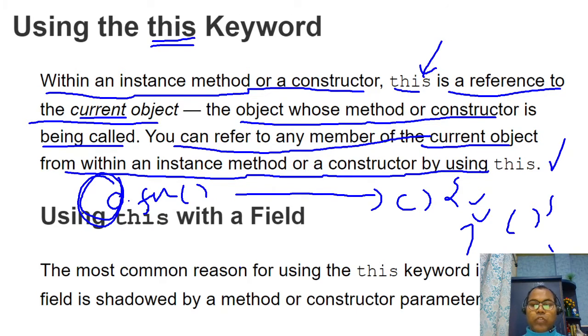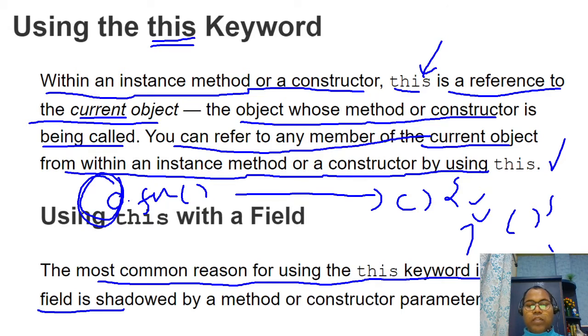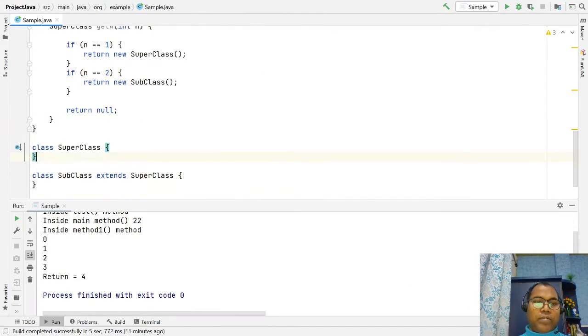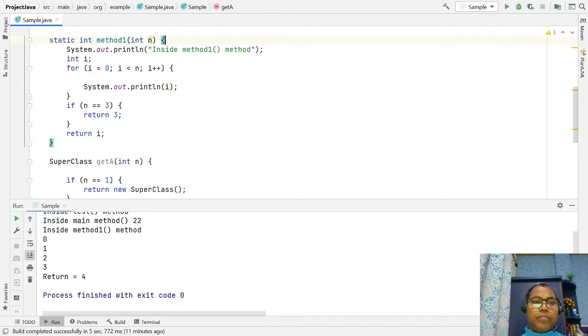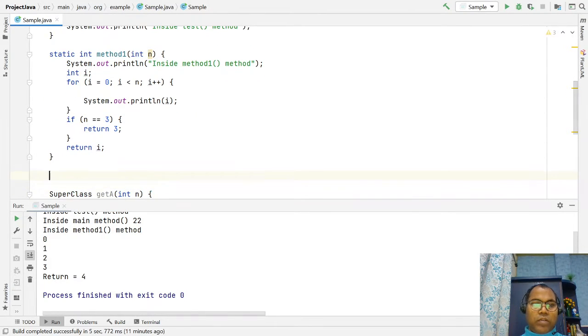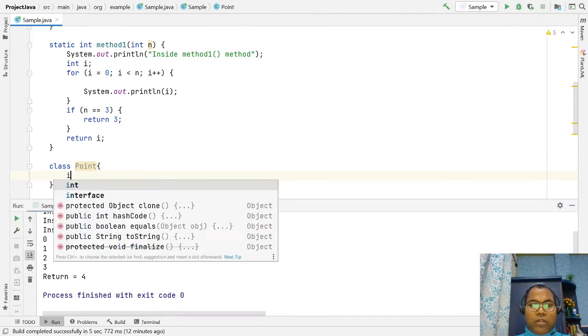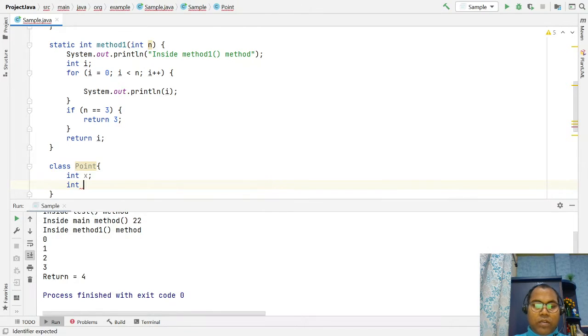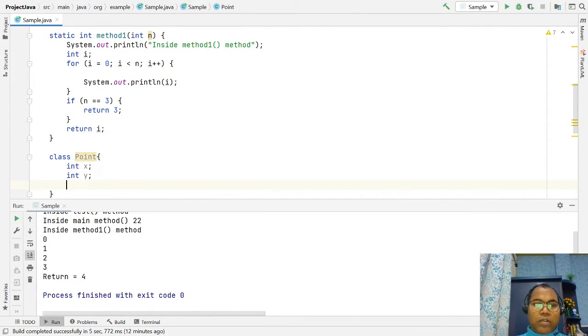The most common reason for using this keyword is because a field is shadowed by a method or constructor parameter. For example, let's say we have written a class Point, a 2D point, with an integer x and an integer y, and we have a constructor,